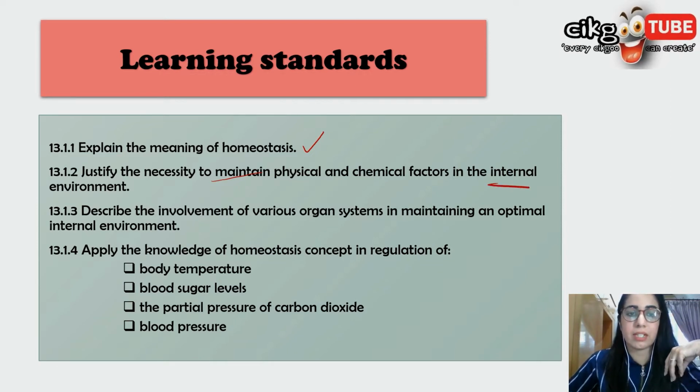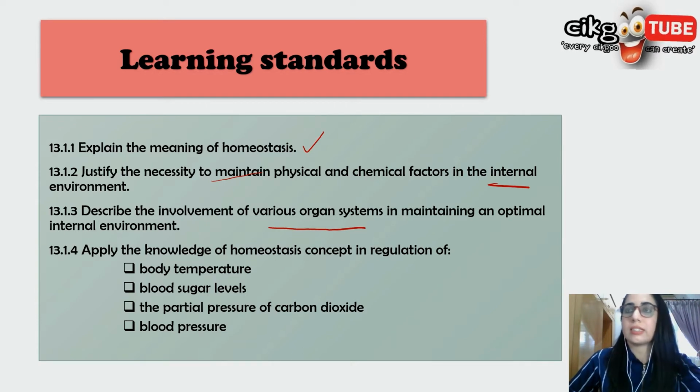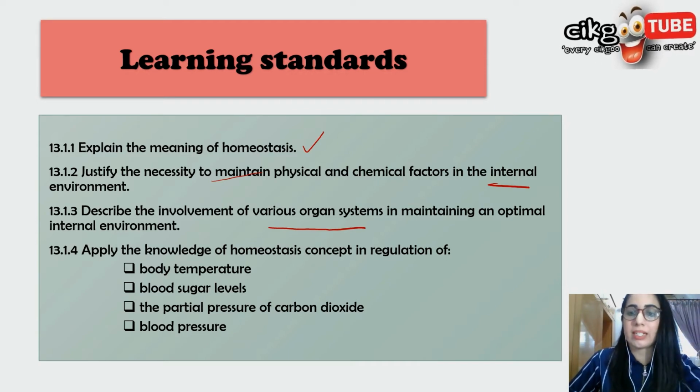Then describe the involvement of various organ systems in maintaining an optimal internal environment, such as how to maintain body temperature and the blood glucose level. There are various systems that work together: the excretory system, respiratory system, and circulatory system. So it depends. You have to talk about the involvement of these systems in maintaining the optimal internal